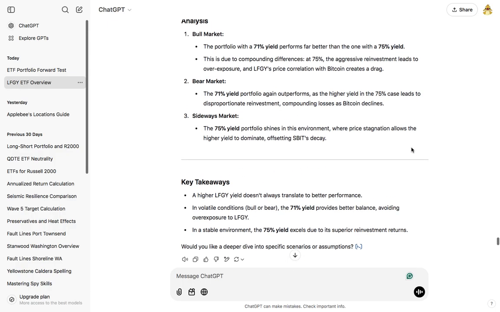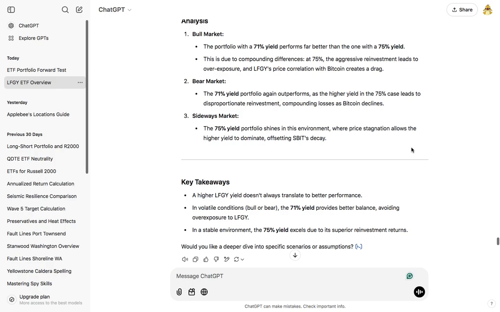So it said during a bull market, the portfolio with a 71% yield performs far better than the one with a 75% yield, which didn't really make sense to me, but it said this is due to the compounding difference. At 75%, the aggressive reinvestment leads to overexposure, and LFGY's price correlation with Bitcoin creates a drag. Bear market, the 71%